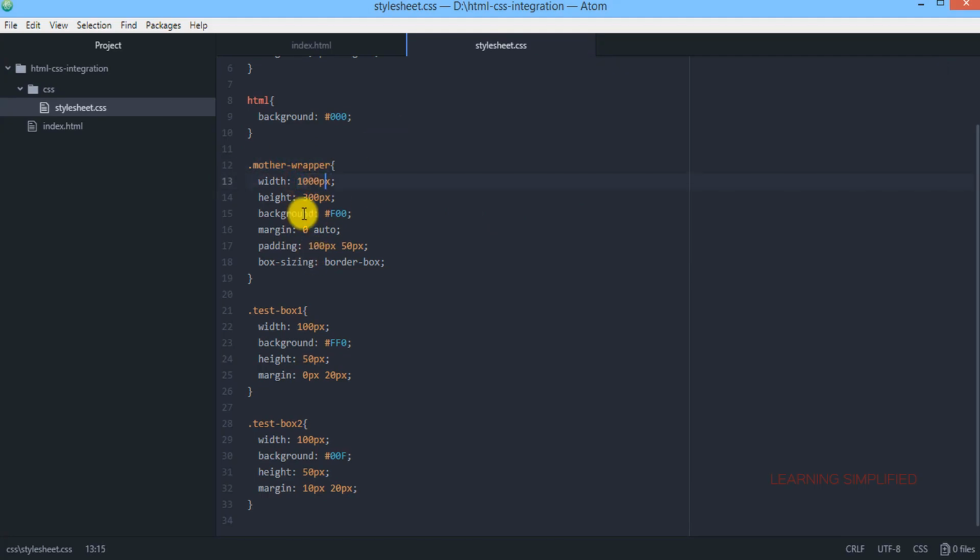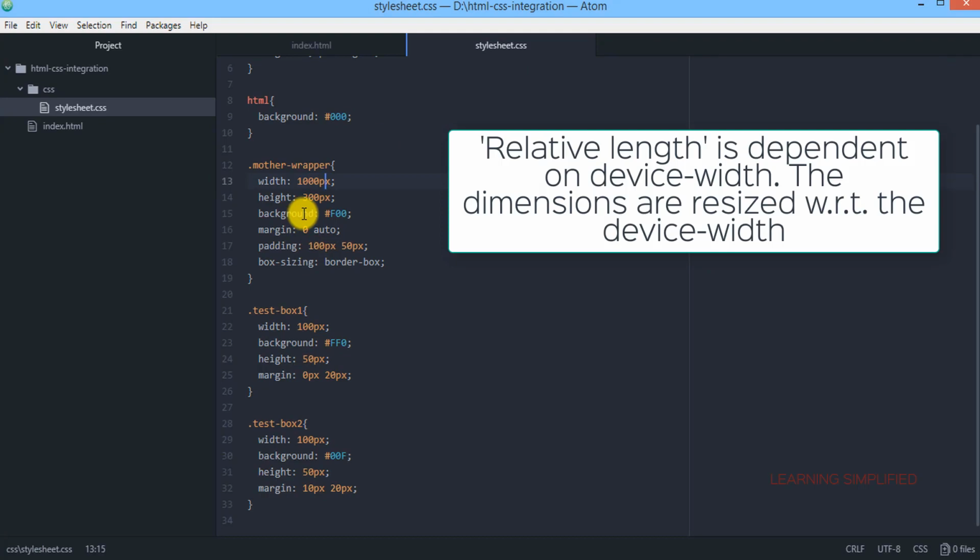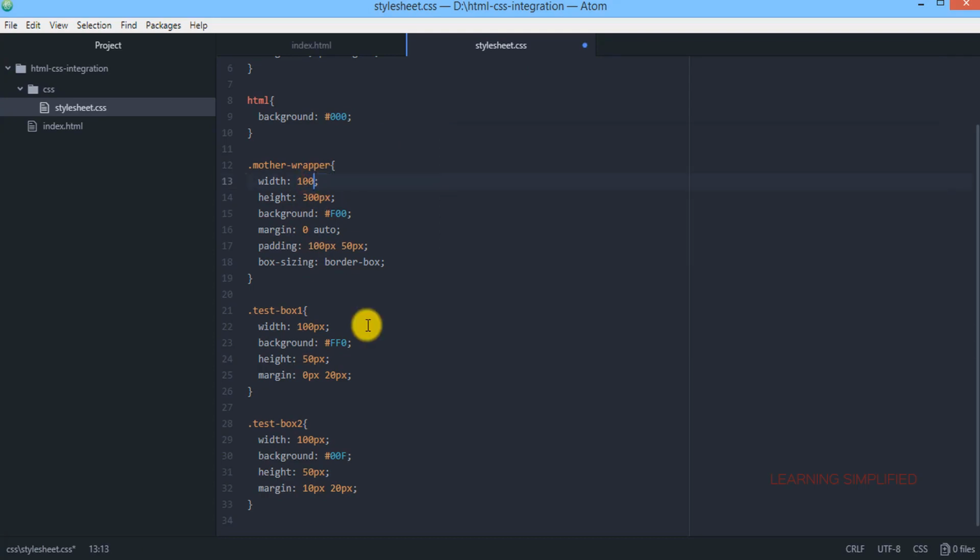Now let's talk about relative unit. In the older responsive web design cases, we have used a lot of this value, which is known as percentage. If we now get back to our project and reload, we can see that the content of mother wrapper is now practically occupying the whole device width.